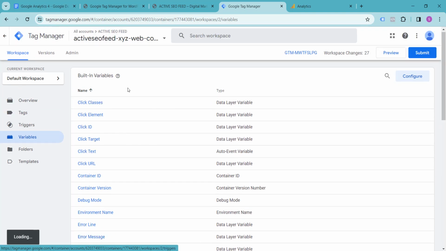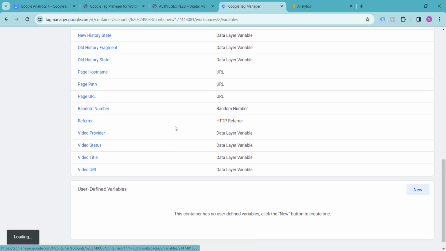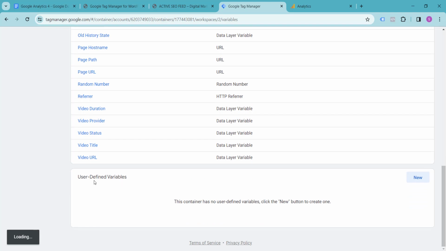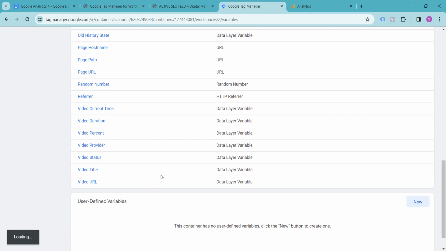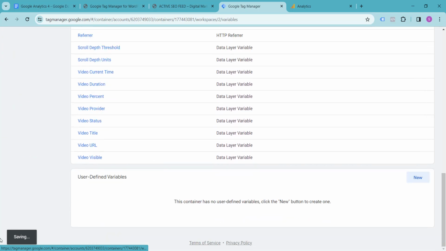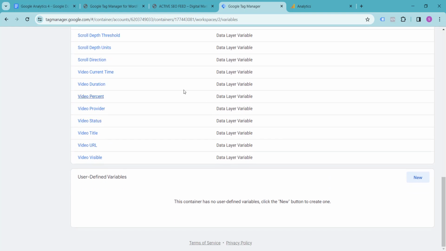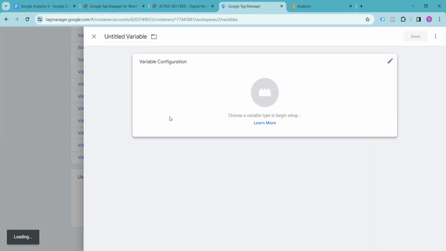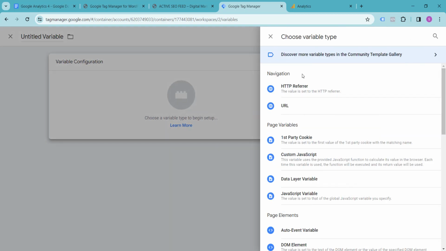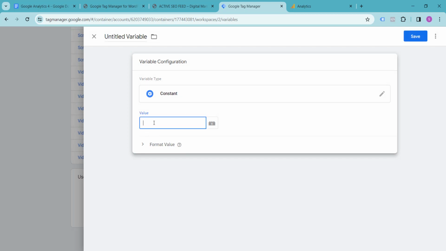These all are built-in variables provided by Google Tag Manager, and you can also create your own variable from user-defined variables. It is still working. Alright, it has been finished. You can also create a variable from here. I am clicking new, and the variable type should be constant, and the value should be the measurement ID, that is